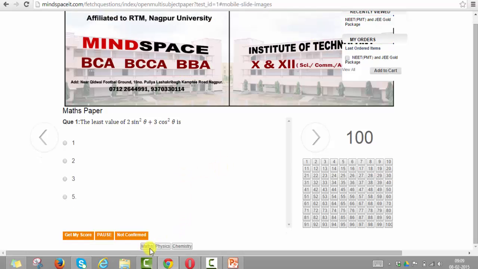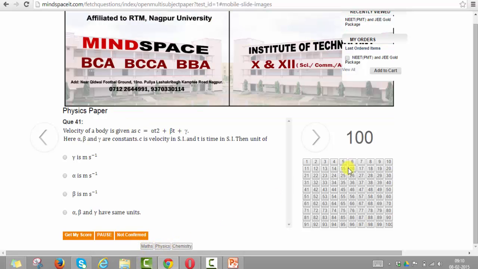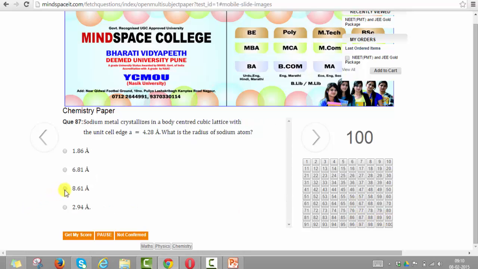So now you can see that this exam comprises 100 questions for 100 minutes, and you can flip between sections as well. So if you don't want to attempt maths first, you can directly jump to physics. You can see you've navigated to question number 41, or you can go to chemistry, start answering questions in chemistry,